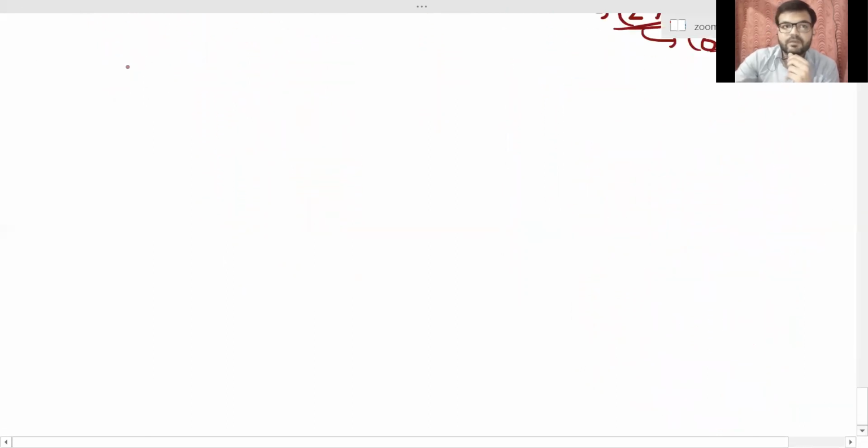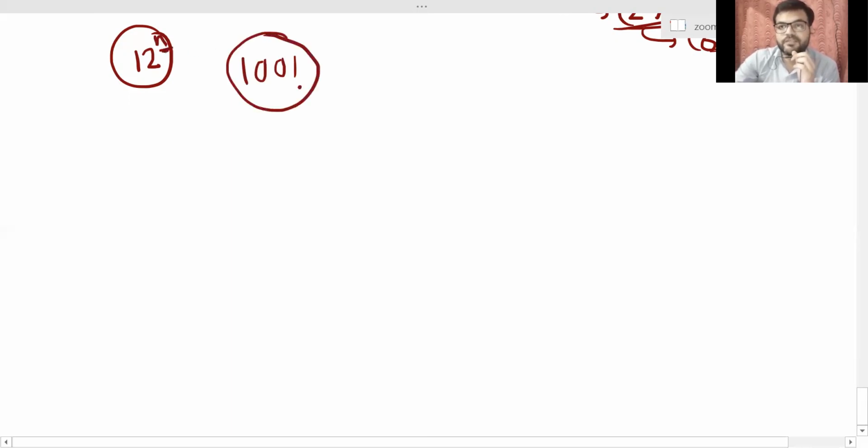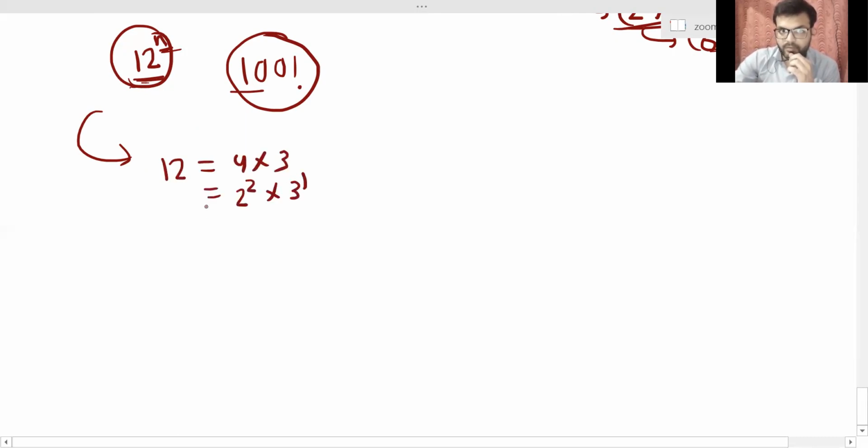Now, let's say you have to find out for 12. So guys, if you have to find the maximum power of 12 in 100 factorial, let's say this is n, you have to find this value n. Obviously you cannot divide 100 by 12 because 12 is a composite number. So you will have to break this composite number into its prime factor format. So 12 can be written as 4 into 3. It is nothing but 2 squared into 3 raised to the power 1. 12 can be written like this.